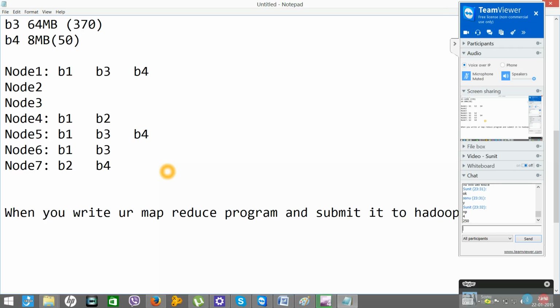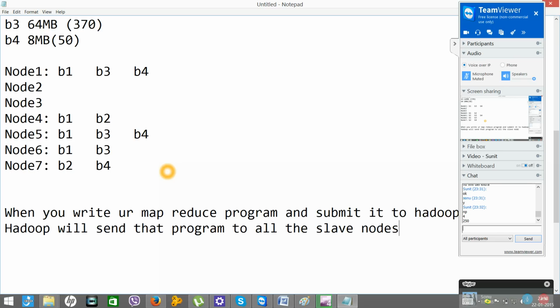Since it is the initial days, let's go theoretically, and once we start learning Hadoop, we'll do all these things practically. So when we write our MapReduce program and submit it to Hadoop, Hadoop will send that program to all the data nodes, to all the slave nodes. Check it out here.